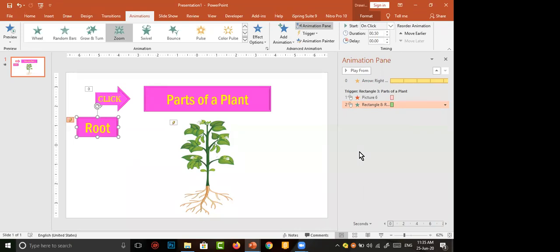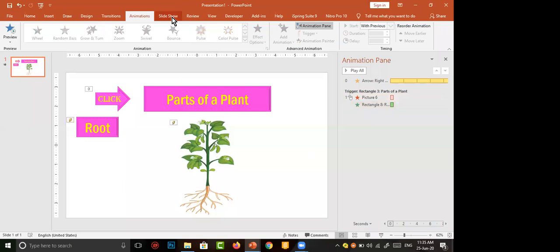But when does it happen? At the same time when the picture disappears, root should appear. It means this animation should start with the previous animation. So I go to the down arrow and click on start with previous.